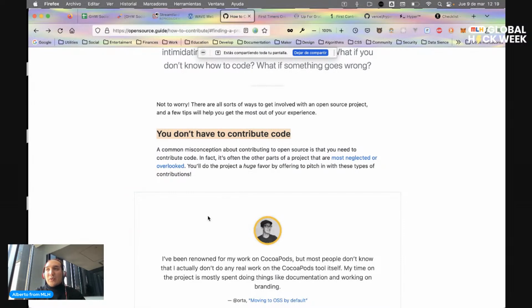Or, hey, you're using this word, and I think some people won't be able to understand this specific technical term. Why don't we change it to this other one or to this sentence? And that actually is an open source contribution, and also it's an accessible contribution. Remember the things we talked about last session.